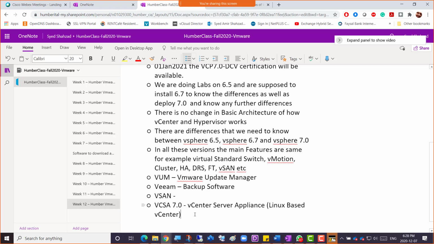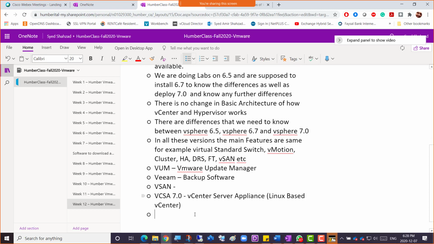Okay, so let's go ahead and VCSA 7.0. No, we're not doing that now, but I'll be sharing that software with you, right? Xiang says, is that exam hands-on or multiple choice? It's multiple choice, Xiang. So it's not hands-on.